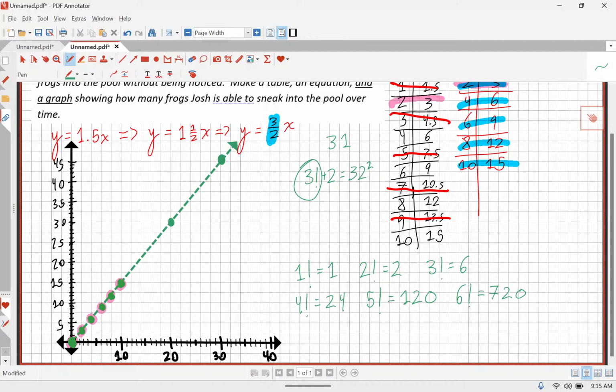Henry got it. Oh, it's on your calculator. Do you know why it's 720? Because it's 7 times 6 times 5. Yeah, it's 6. That's perfect. Guys, a factorial is kind of a weird thing where 6 factorial is 6 times 5 times 4 times 3 times 2 times 1.